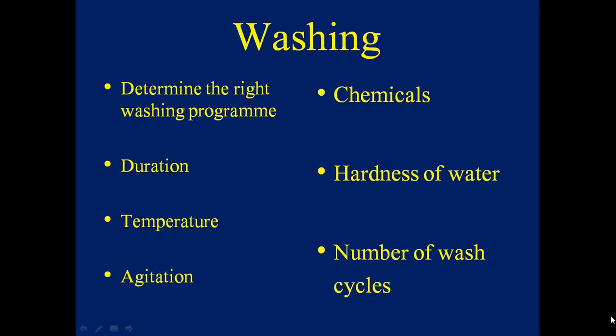Then agitation is also equally important, which helps to remove all the stains, dirt and debris from the cloth. So agitation is also important depending on the washing program. Then chemicals, yes, there are any number of eco-friendly chemicals which will not affect your cloth, and which will mix in the water and you will get the proper result out of it. They will increase the quality of the cloth, remove all the soil and dirt from the cloth, and make it very nice and crispy.